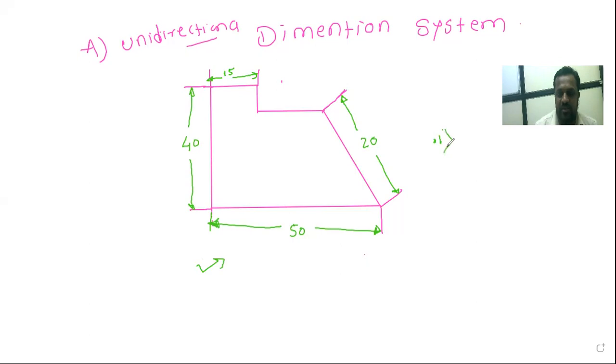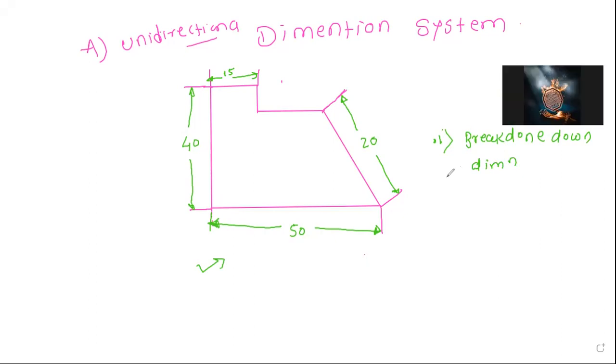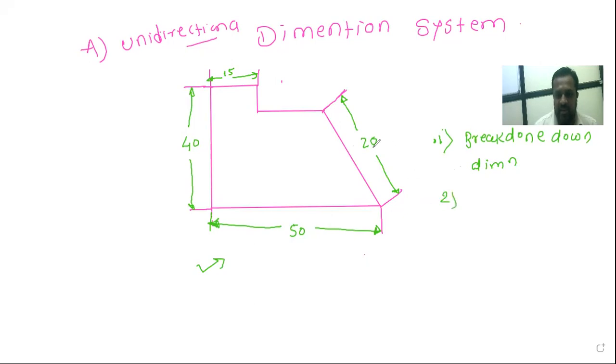Okay, first point is you have to remember, in this unidirectional system we are breaking the dimension line. It is correct? Yes, it is correct. Okay, then next point. In between that breakdown dimension line, we have to give the